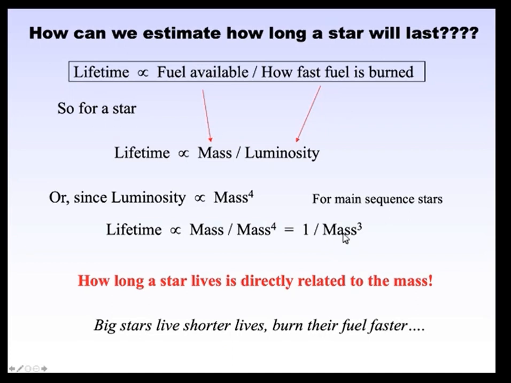And if you increase a star by a factor of 2 in mass, say, it's going to burn through its fuel so fast that it's going to live 8 times shorter, right? Because it goes as mass cubed. So that would be 2 times 2 times 2, right? So if you think about that, you can see that more massive stars are going to live much shorter lives. So a star